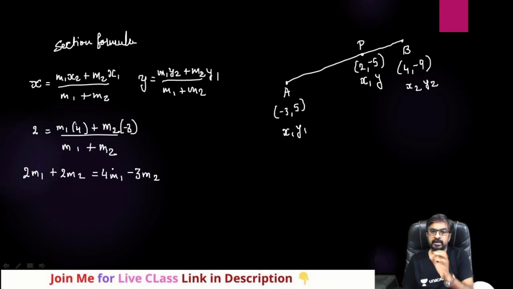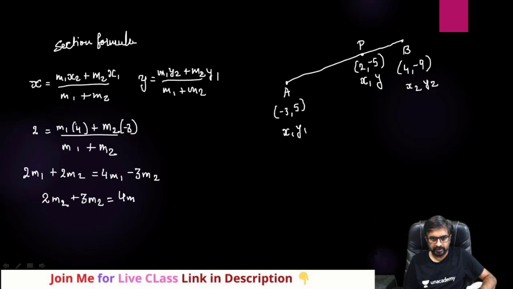Always keep in mind that you need to find the ratio of M1 is to M2 and not M2 is to M1. Please keep that in mind. Let me show you where you will make a mistake. Now take this 2M1 on that side and minus 3M2 on this side. So what will happen? 2M2 was already here. Now take this minus on that side, so that will be 3 plus 3M2, and here 4M1. This plus 2M1 will become minus 2M1 on this side. So here you will get 2M1, and here you will get 5M2.